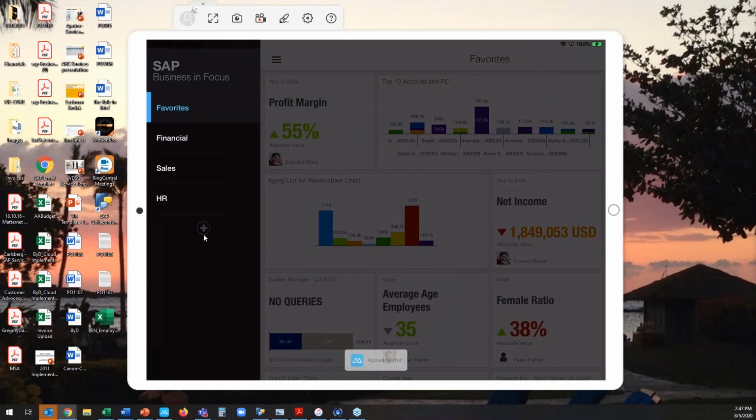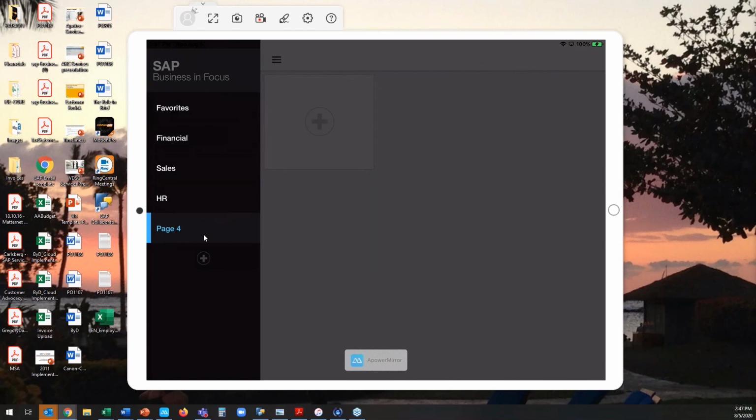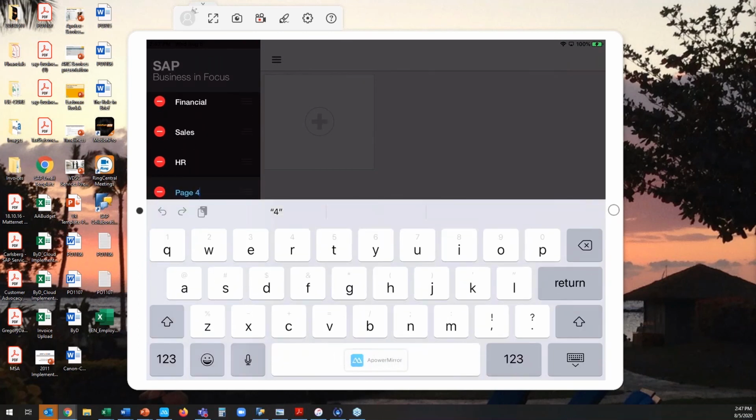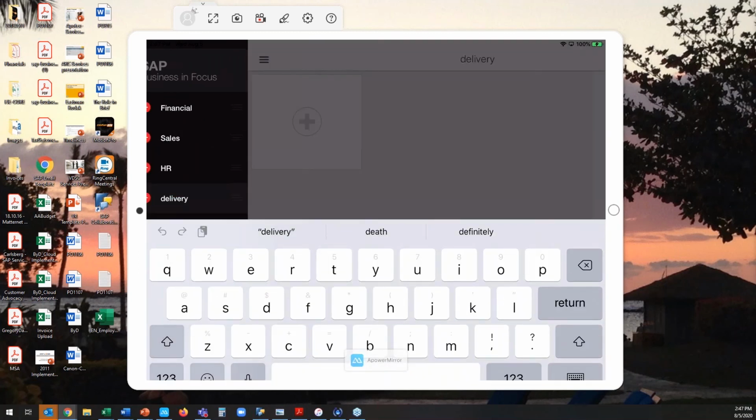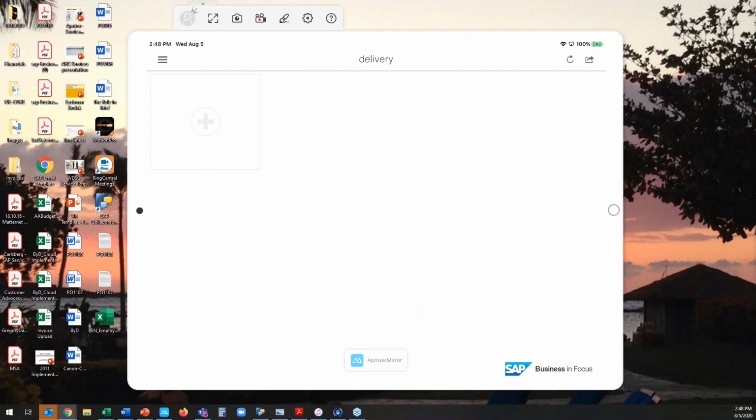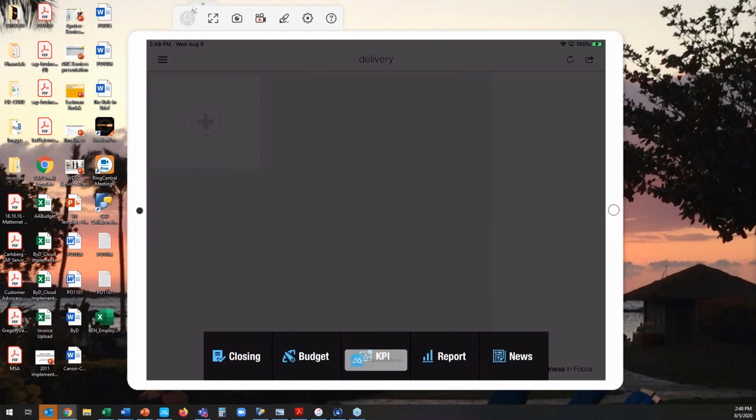So if you look down, you've got this add button, and then just by hovering or clicking into it, I can change the name of my dashboard. So maybe it's like delivery or something like that. And then that'll open up essentially a new whiteboard for me to start adding content into this new dashboard. So just by clicking on the add like you would in a standard option, you've got different functions in here to add in things like your closing, your budget, different KPIs, reports,